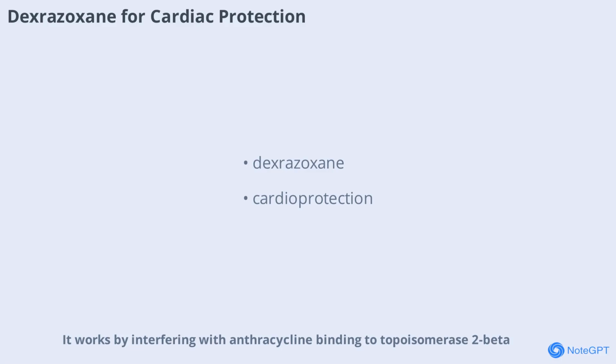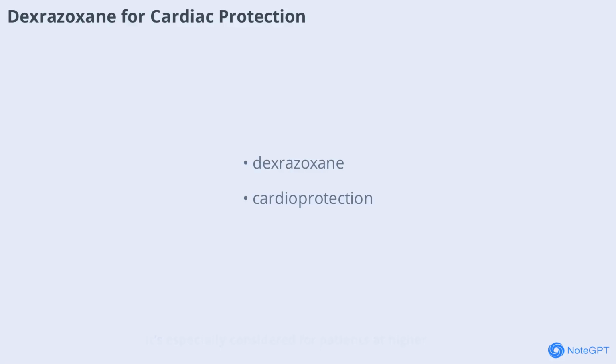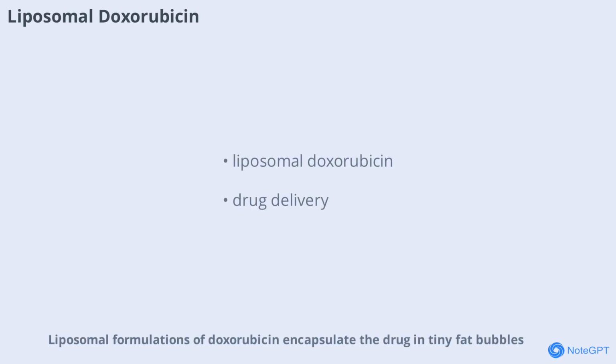It works by interfering with anthracycline binding to topoisomerase II beta, reducing both cardiotoxicity and the risk of heart failure. It's especially considered for patients at higher cumulative doses or with pre-existing cardiac risk factors. Liposomal formulations of doxorubicin encapsulate the drug in tiny fat bubbles, which helps reduce its cardiotoxicity. These formulations allow for more targeted delivery to tumors while sparing the heart, making them a valuable option for some